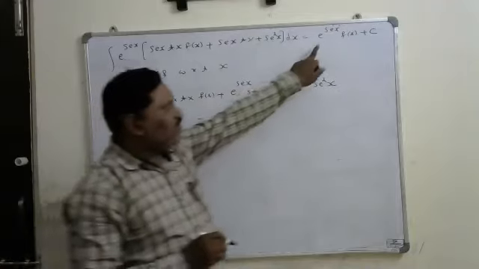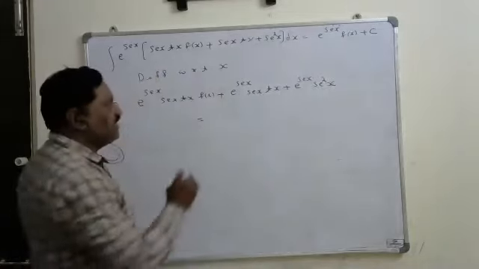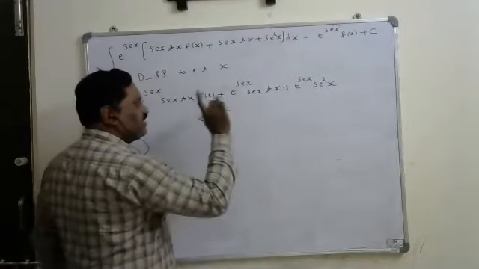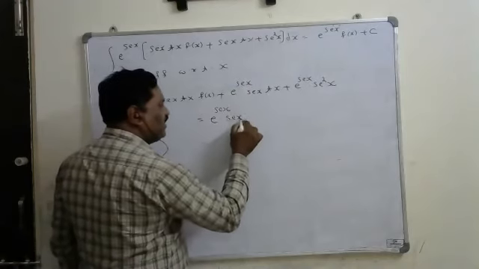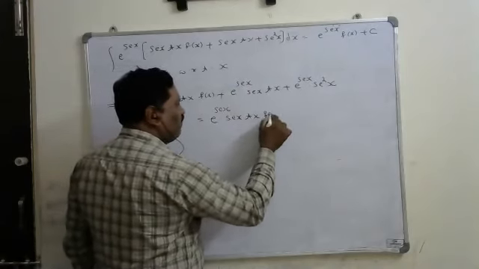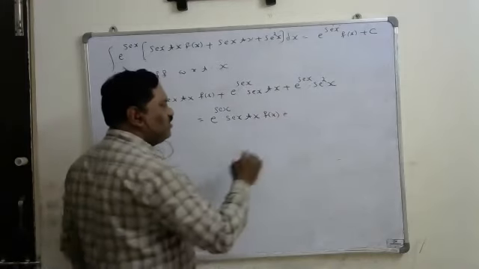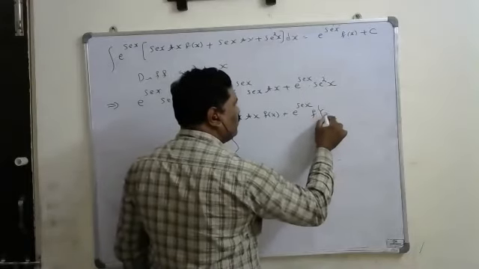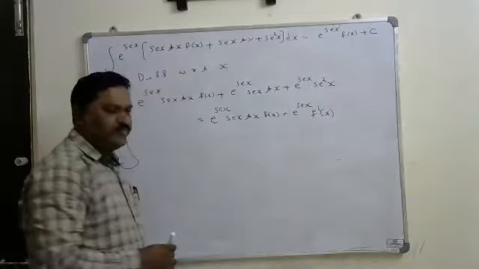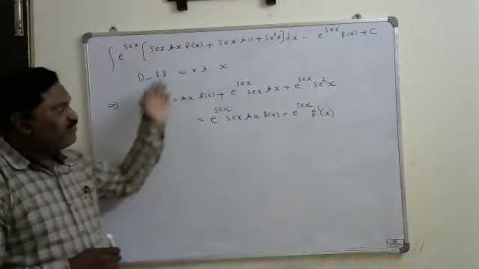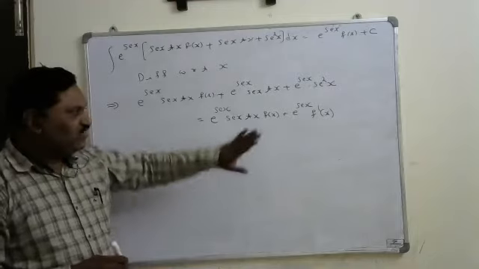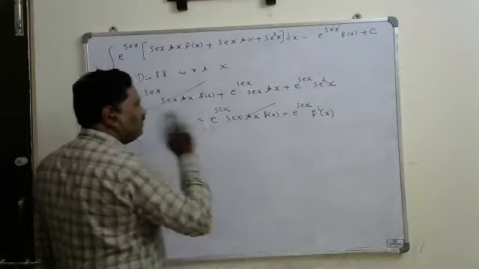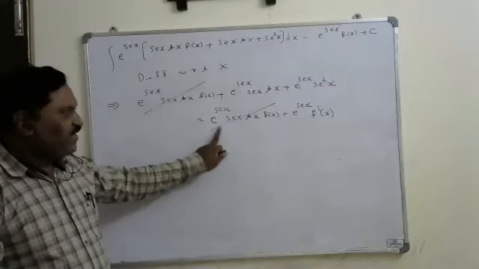if you differentiate on the RHS side, here you have to apply the UV rule. In that, keep f of x as it is and differentiate e power secant x, whose derivative is e power secant x into secant x tan x, into f of x, plus. Now keep e power secant x as it is, the derivative of f of x is f dash x, plus c whose derivative is 0. So we differentiate that function with respect to x on both sides, and this is what we are getting. Then this first term is getting cancelled on both sides.